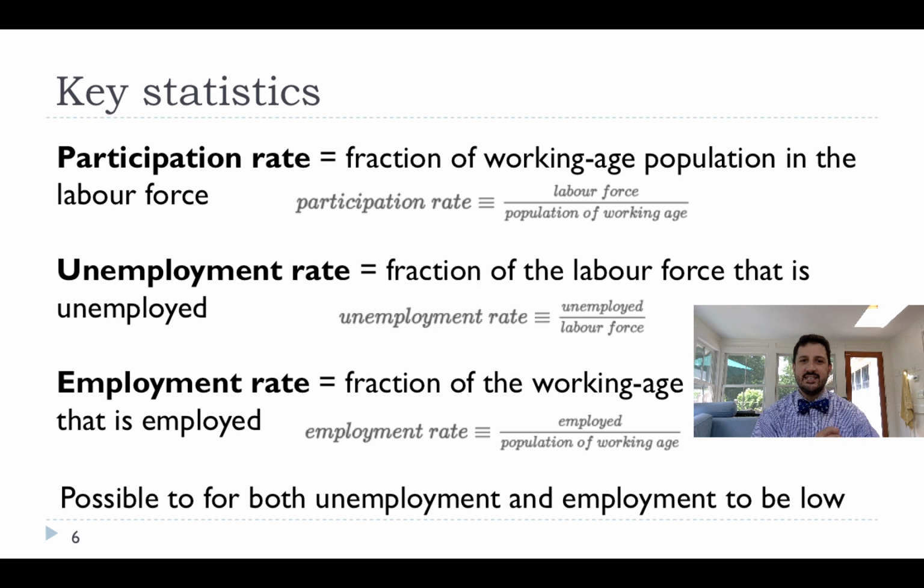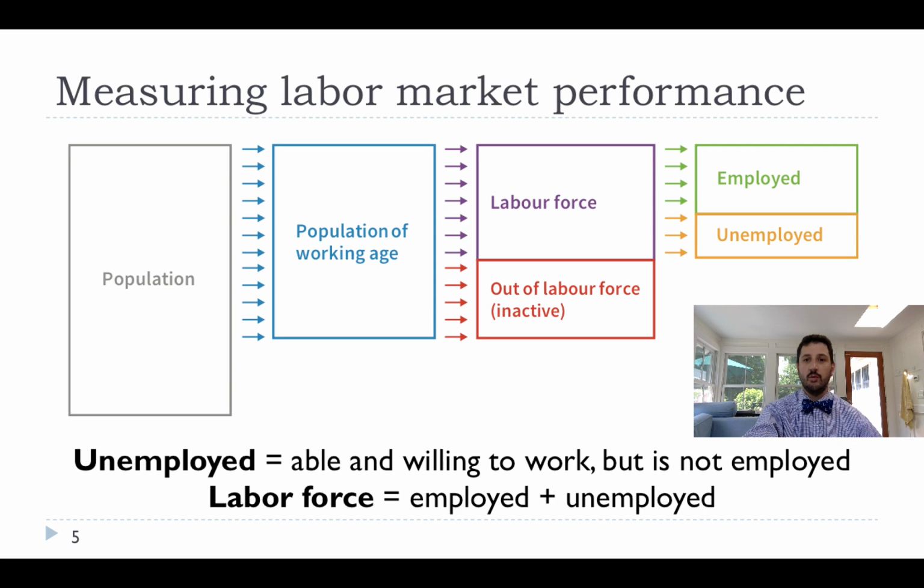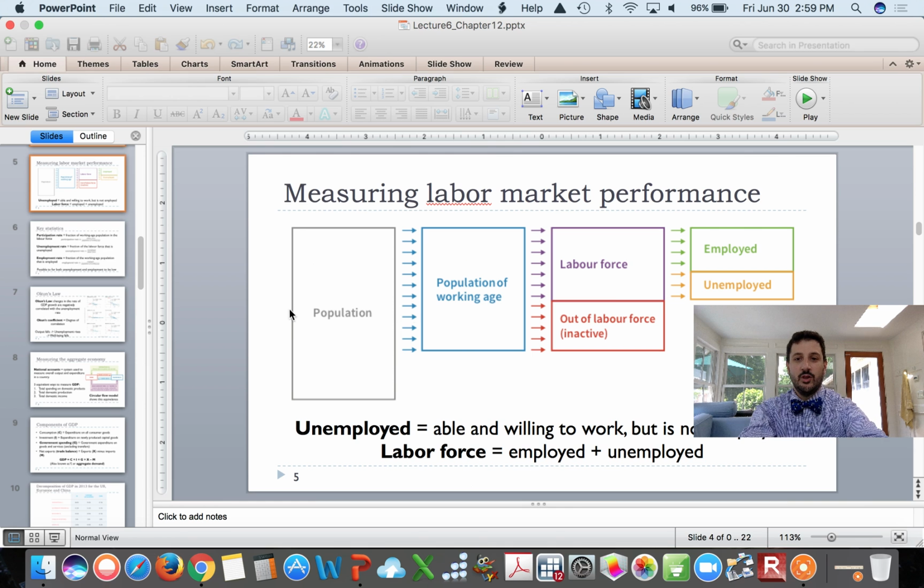So a few key statistics here that we're going to talk about and keep coming back to in terms of what's going on. We'll look at some of the data in the United States in later videos. The participation rate is the fraction of people who want to work, right? So if we go back to our previous slide, the participation rate is the labor force, the purple box, divided by the blue box. And that can go up and down for either good reasons or bad reasons. If people are giving up looking for work, then it's going to go down for bad reasons. If people are retired,